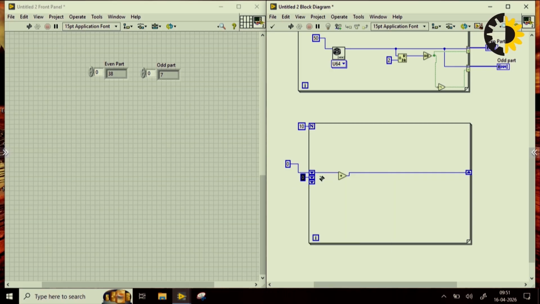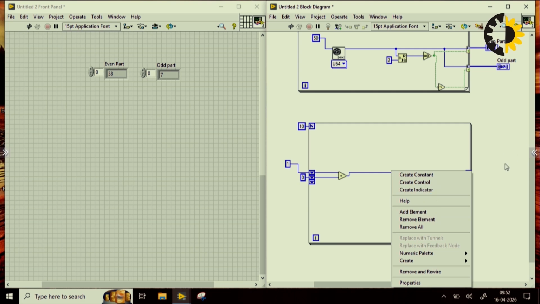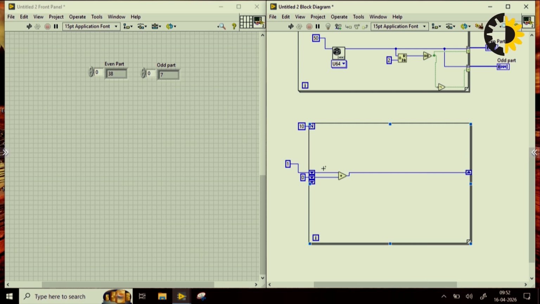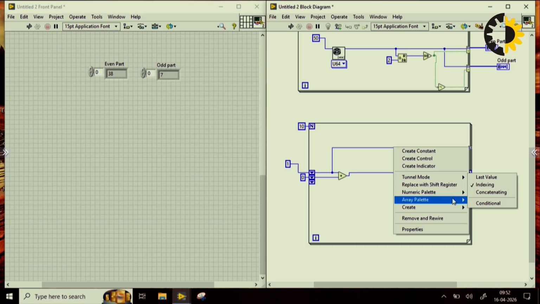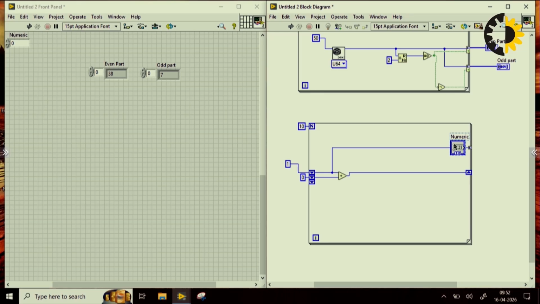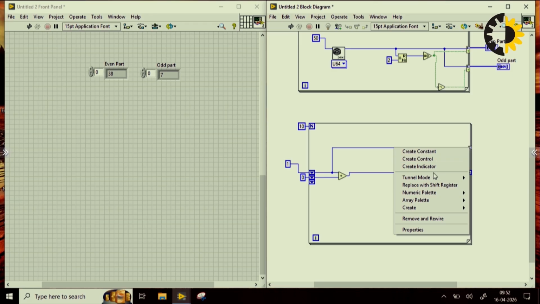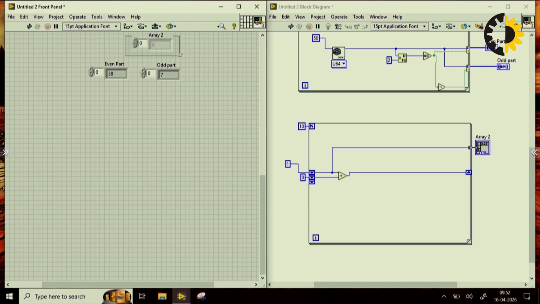So suppose I've given this 1 and this is 0, and now this will only take out a single value because the current shift register will only contain one single value. But if you want to take out all the data, you can have this indexing and you can create a number. You can have an indicator here, and if you see,